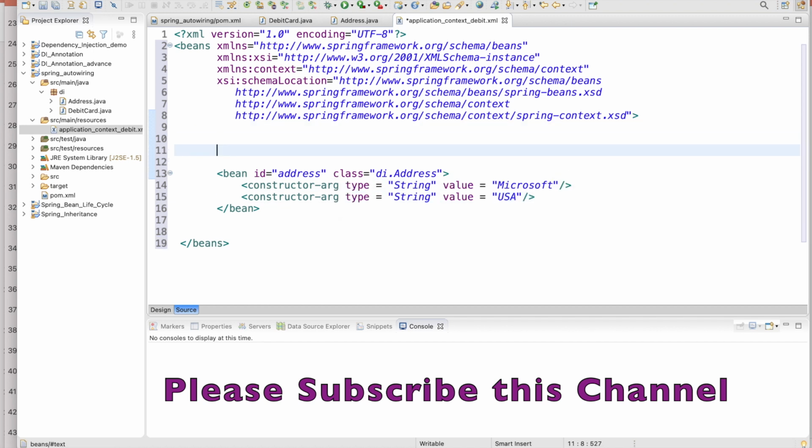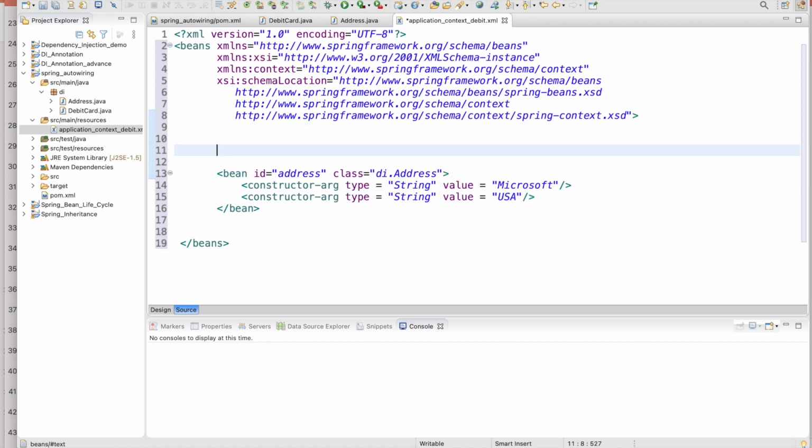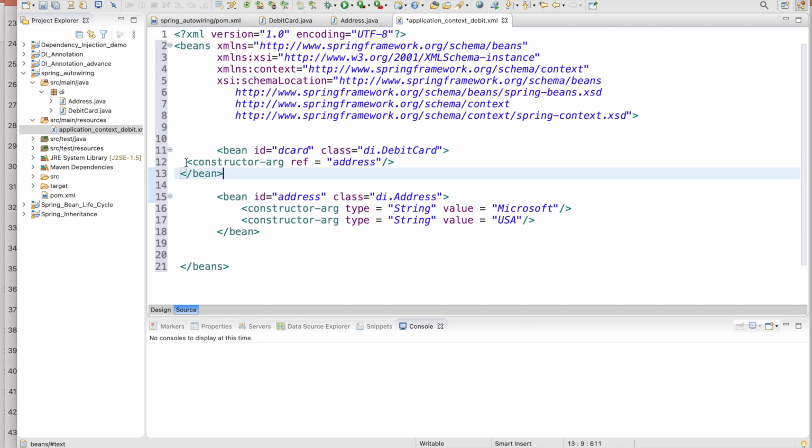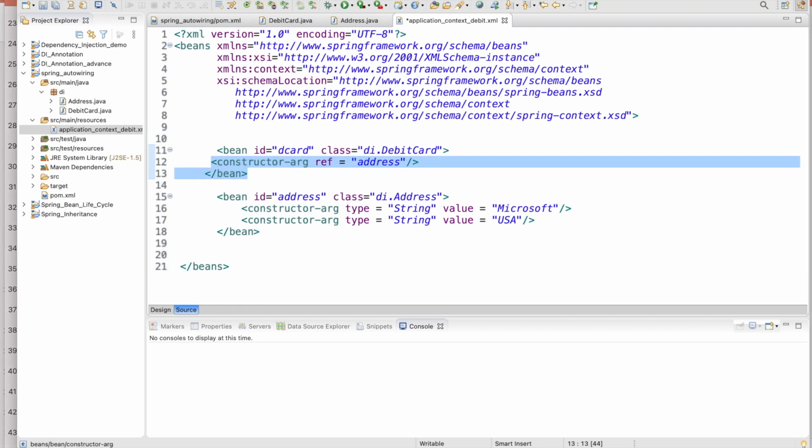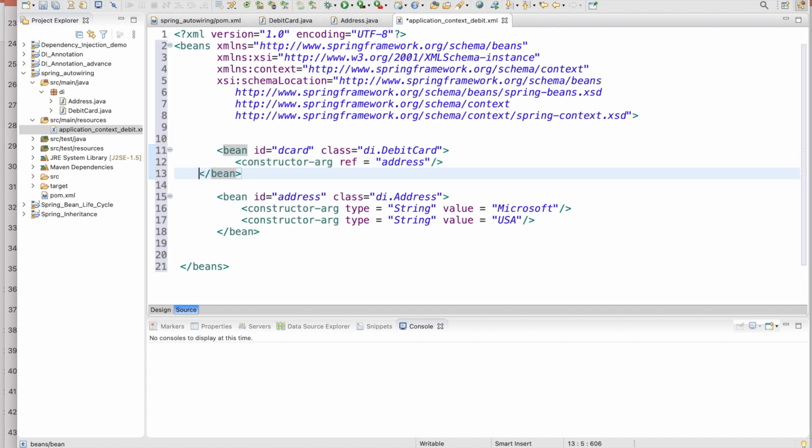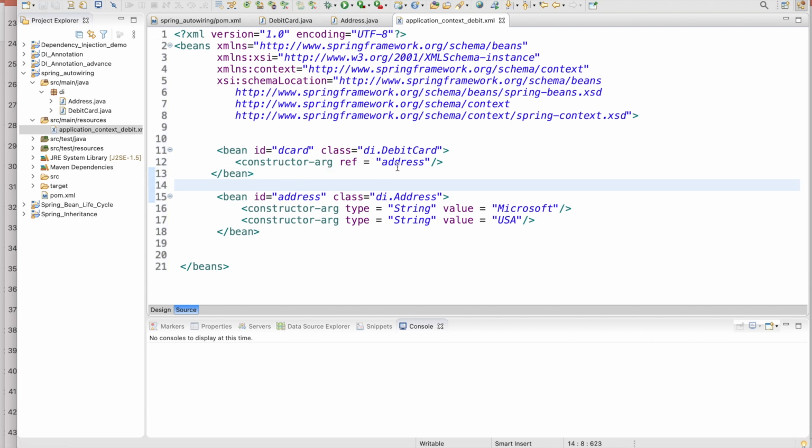And now we create one bean for the debit card. This is how we used to do it in my previous video. Here I have not used autowiring, and this is the traditional way. So we create one debit card, and as an argument we pass the address.